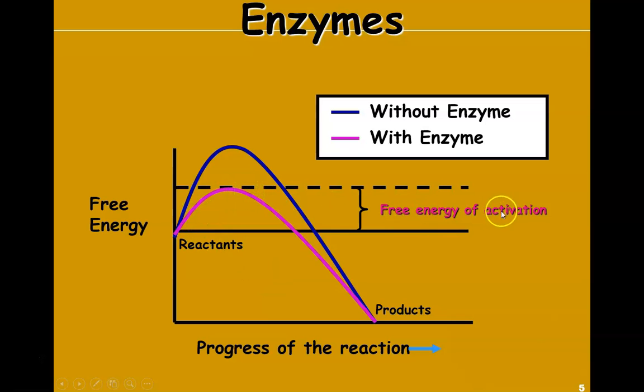So here you'll notice we've labeled it free energy activation. We've kind of freed up some energy, and it makes things easier. So the progress of our reaction goes faster. Notice we end up with the same products. The products are not changed by the presence of an enzyme. It simply makes it easier for us to get to those products. We require less energy for the reaction to occur. Okay, so graphically it would look